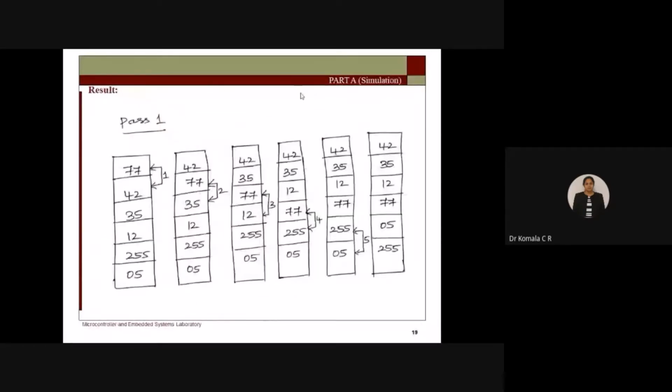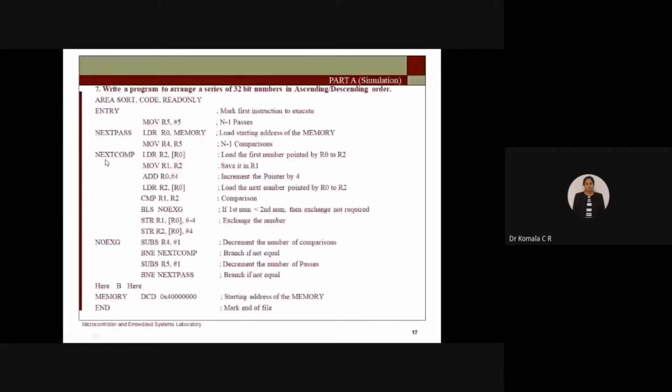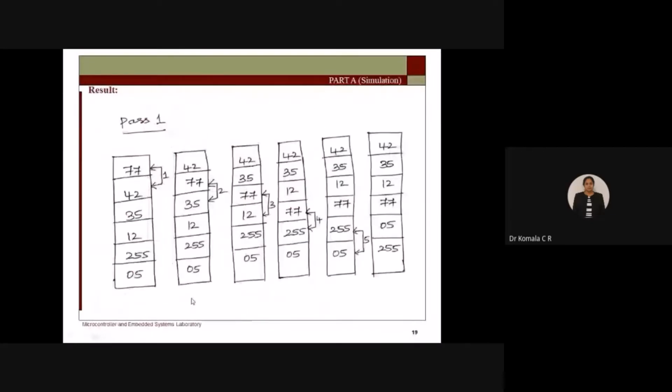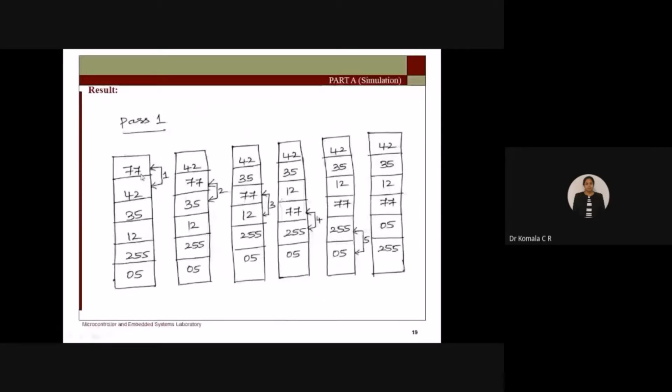So this I am going to consider now. My R0 is pointing to which location? R0, I want to get the starting address only, because I have to start from the first cell now. R0 starting address means what? Here, load R0 comma memory means again I came back to this location. So for the next pass, initially my R0 is pointing to the first cell where I have the first number 42, then second number 35. The same concept, I'm going to continue with the same.